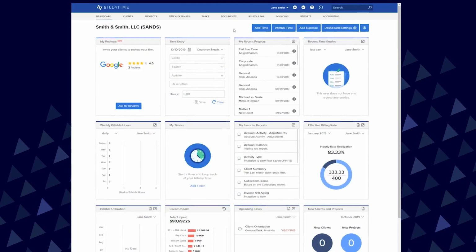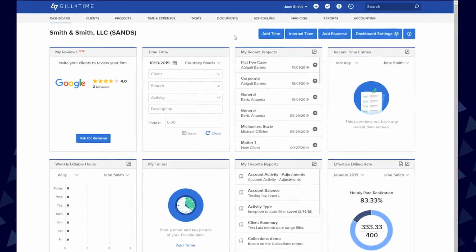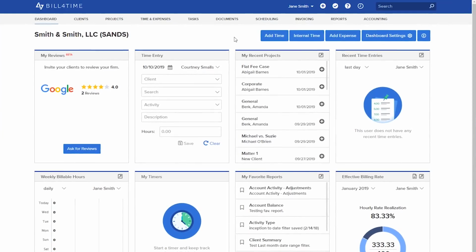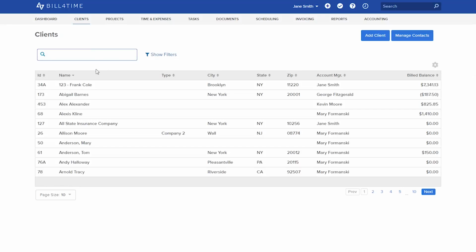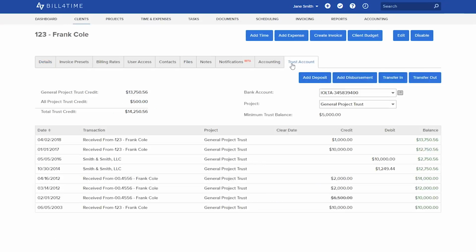Bill4Time offers trust accounting to simplify the accounting process by providing easy, accurate, and transparent methods to segregate client funds. Click Clients from your navigation bar and select a specific client. Click on the Trust Account tab while in the client profile. From here, you would first set the bank account for your client by clicking on the icon next to the